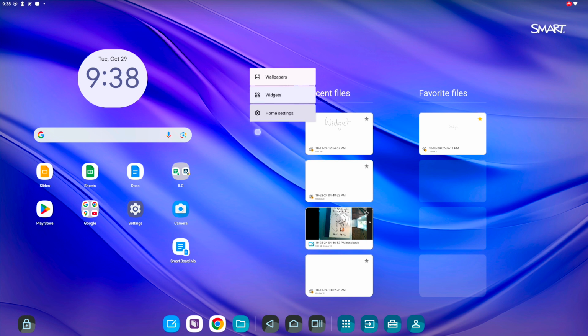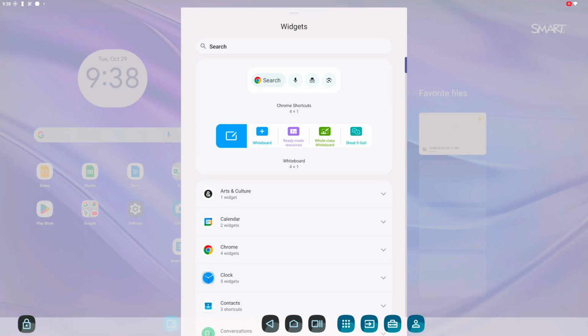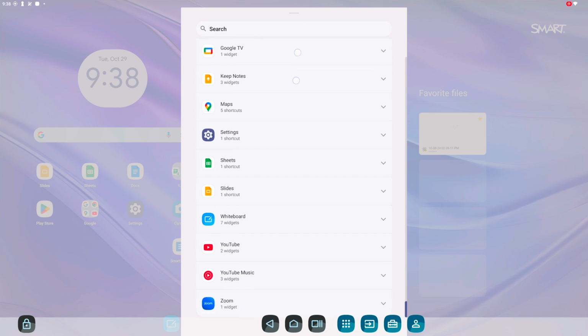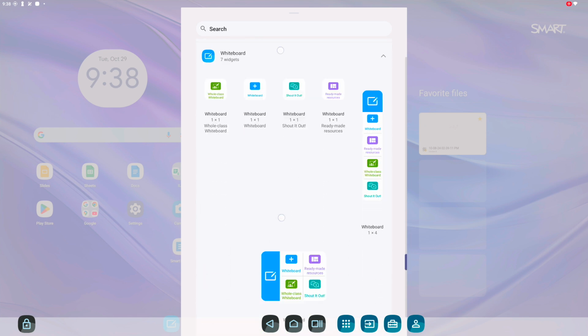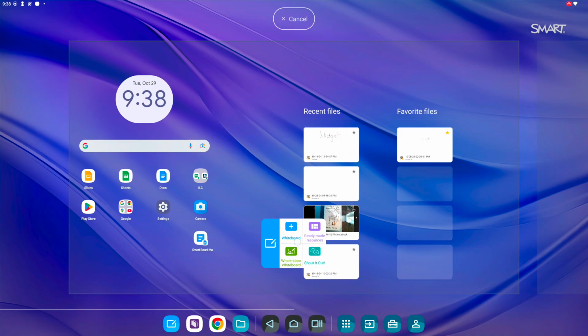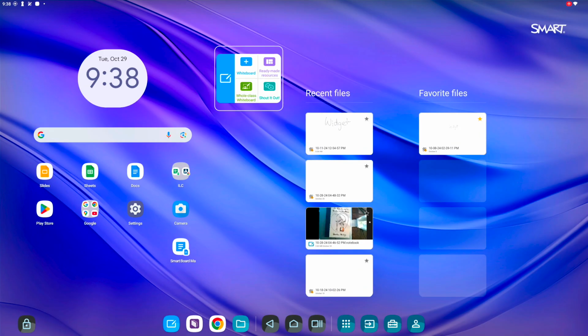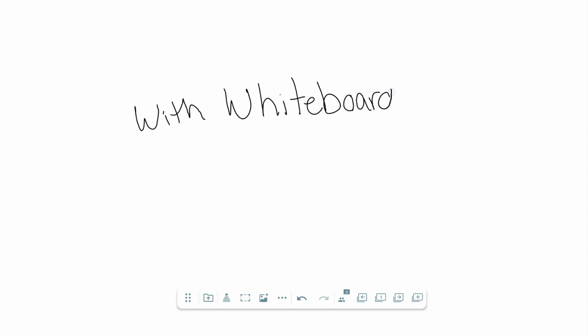Also added in this particular one is a widget. Do a long hold, search through the widgets, but underneath the whiteboard widget, you'll see all different configurations of different whiteboard icons. I'm going to put the 2x2 in. I'm going to click on whiteboard from the widget, and now I have a lot of options. But as I write on this, it's actually saving it as a Lumio file because I clicked on the widget